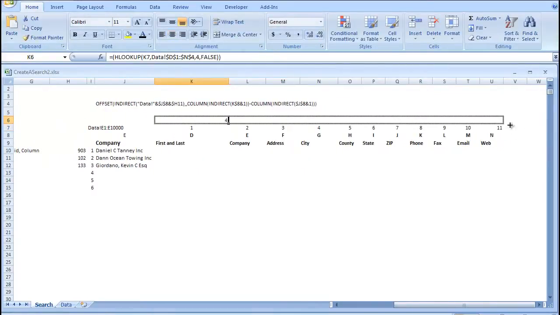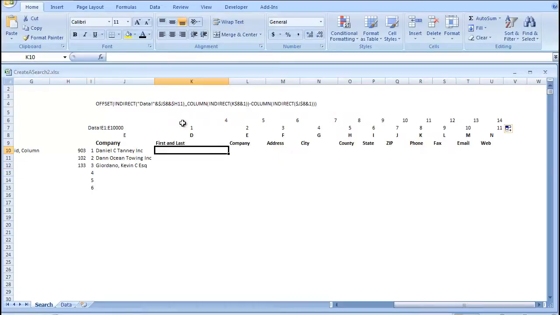I'm going to drag that across, and I know this is starting to look like a matrix and a little obnoxious, but it's going to make sense. So in this one I'm going to go equals INDIRECT, and this is a lot simpler than the OFFSET function, which is the original thing I was going to show you, but it's a little bit complex and we're a little low on time. I'll paste it into the info. So if we go equals INDIRECT, our reference text is going to be: we're going to type in data, exclamation point,